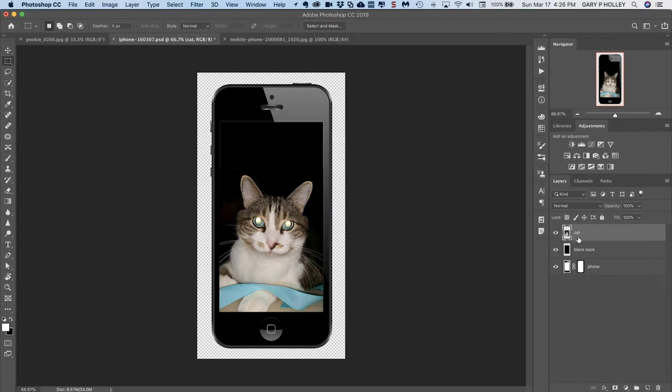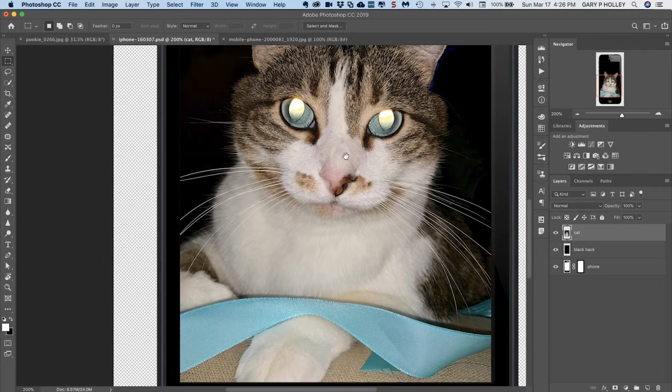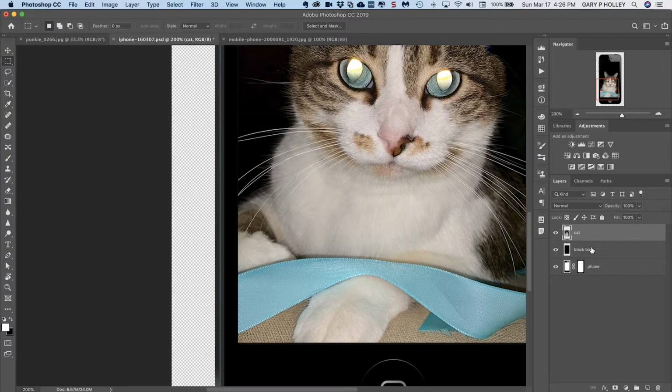Okay, and so I'm going to introduce you to another little feature that's really, really, really helpful. We're going to use this more and more as we get into some of the other compositing techniques, and it's called a clipping mask. And so let me zoom in here on this corner. And so if we notice the cat, see how I can show this. So the cat kind of overlaps the phone. You can see it kind of,